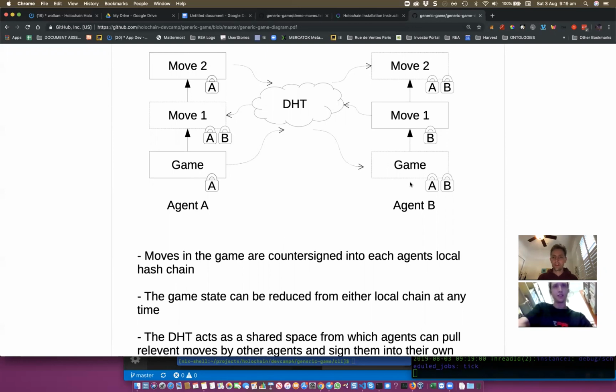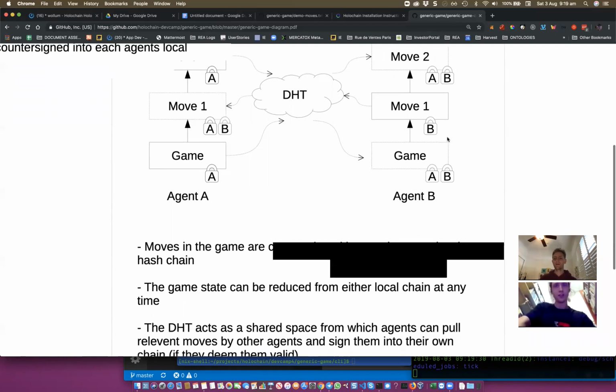And two signatures here. So agent B has pulled it down and signed locally, its first move, and then published that there. Then agent A is now taking that and checking it against its own validation rules, which should be the same validation rules, and then publishes it locally themselves, and then goes and makes move two. So that's the workflow. For this particular pattern, both agents end up with the same local chains, basically,